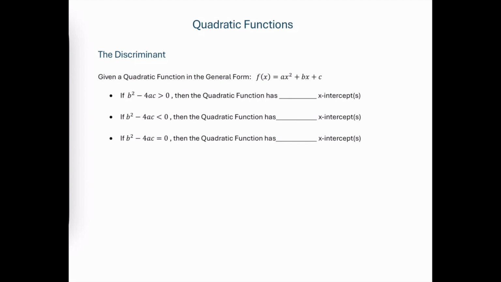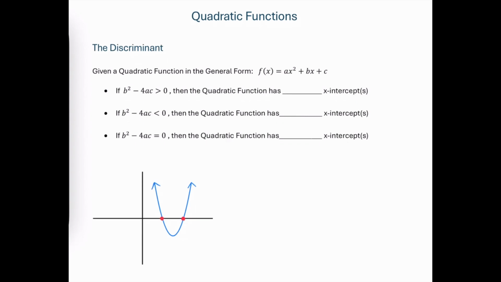The discriminant of a quadratic function is the quantity that can tell us whether or not we have x-intercepts. Remember, the graph of a quadratic function is going to be a parabola, and if you want to find the x-intercepts, we would need to plug in 0 for y and solve for x. Plugging in 0 for y and solving for x leads to this quadratic equation,